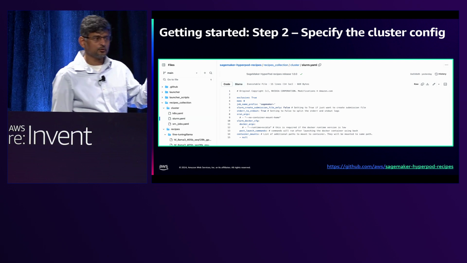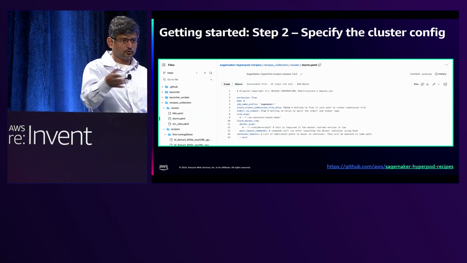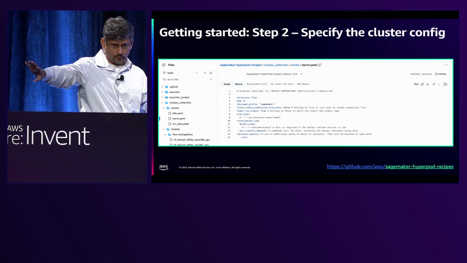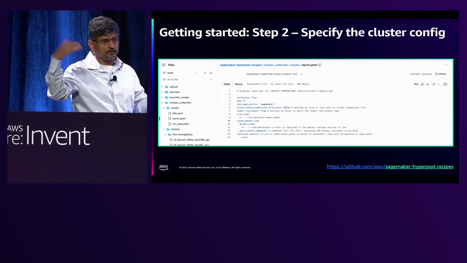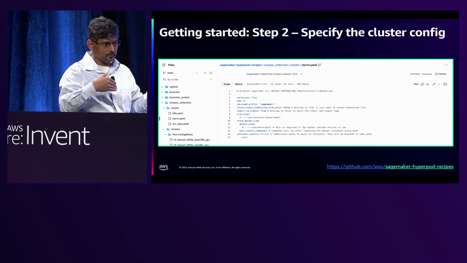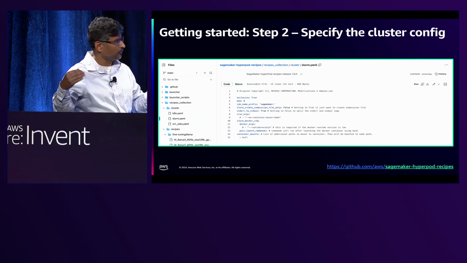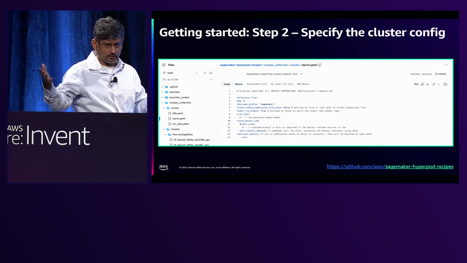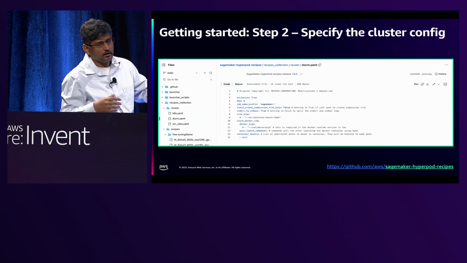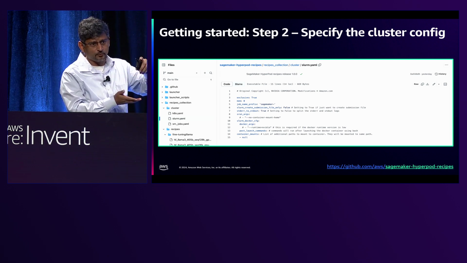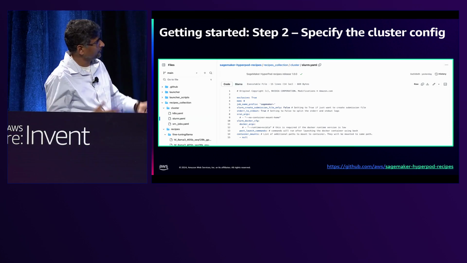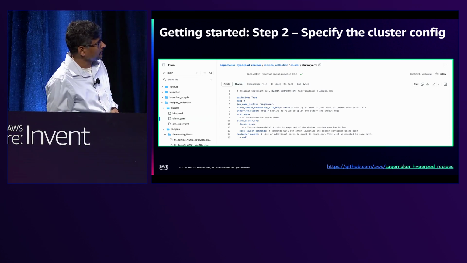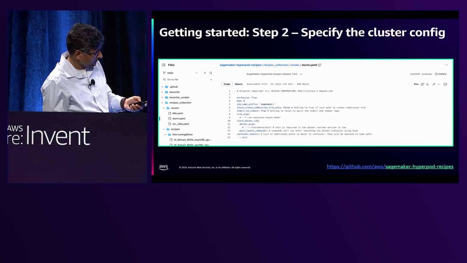With the recipes, you literally run the command and it's going to launch the job for you, right? So you don't really have to do anything after that. But in case you wanted to inspect the Slurm command before you actually run it, you can always set that to true, and that will actually generate the Slurm command for you that you can then run manually. So once again, a lot of added work that we're doing on your behalf